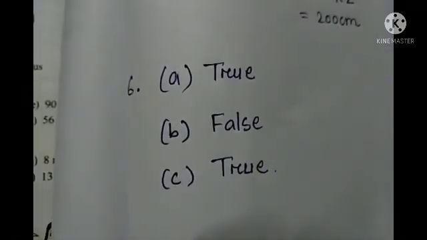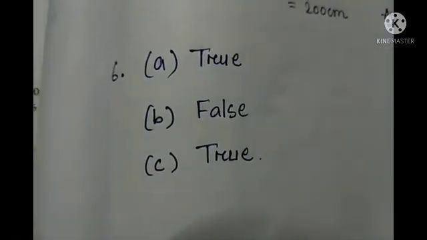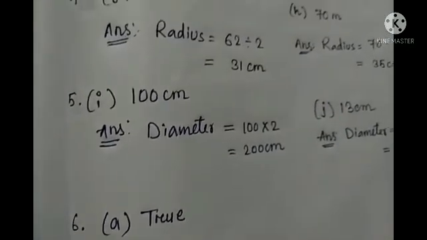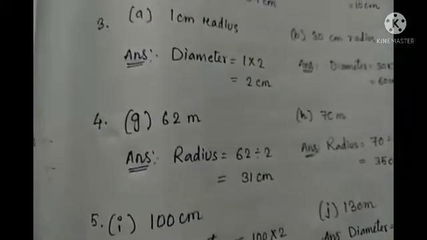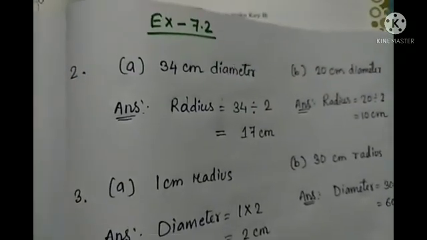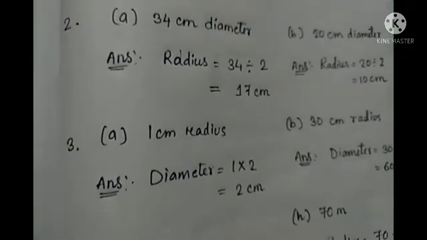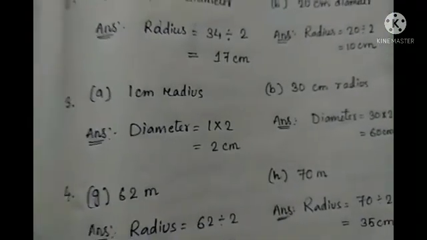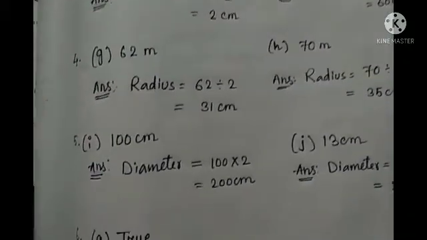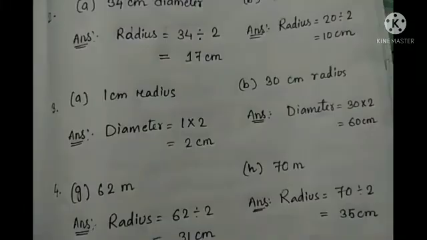So this is the last number from your exercise 7.2. I hope you understood this, and whatever the left questions are from question number 4 and 5, and also 2 and 3, you try to go through that and do them in your copy. Okay, while you do this, you are going to enjoy this, because they are very easy to do, and in a systematic way you just write them in your copy.